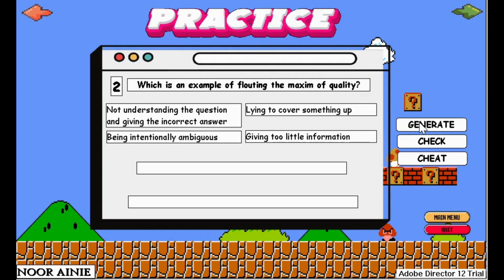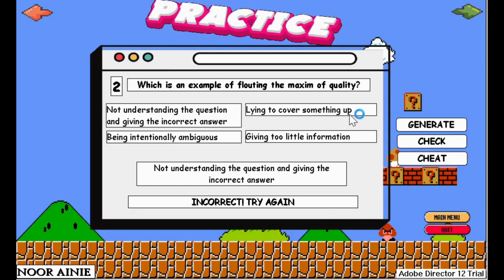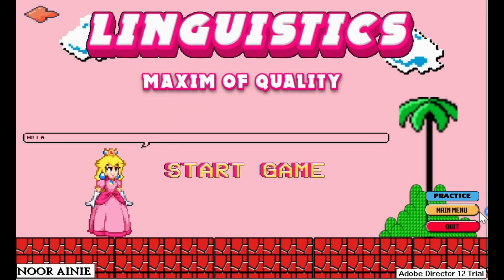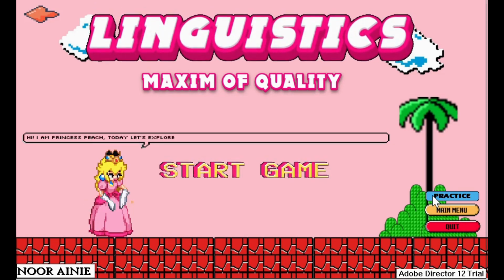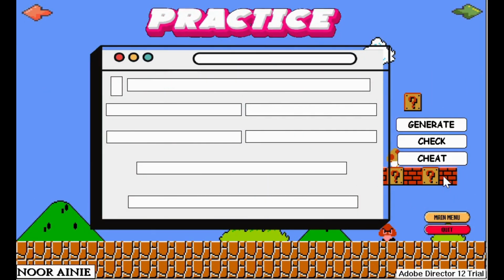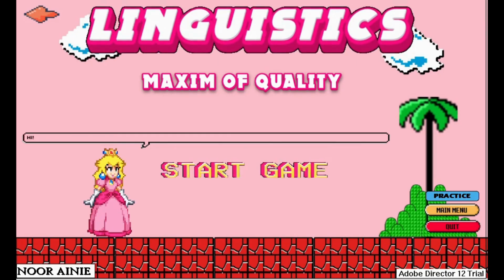Again, same thing here. Students can just click on the generate button to generate another question, check button to check on the correctness of the answer, and cheat button to reveal the correct answer straight away. So after all that is done, students can now click on the main menu button to return to the main menu page. Let's say in the events where the students would want to skip the lessons and just jump straight away to practice, they can do so by clicking on the practice button, which will bring them straight away to the practice page. That is a little preview of